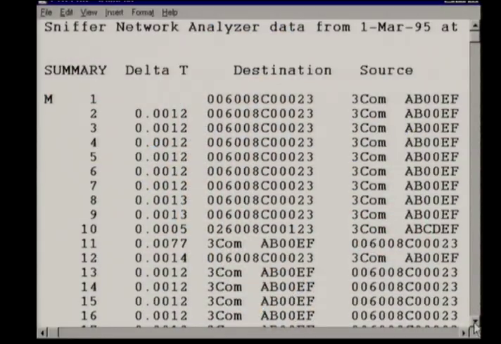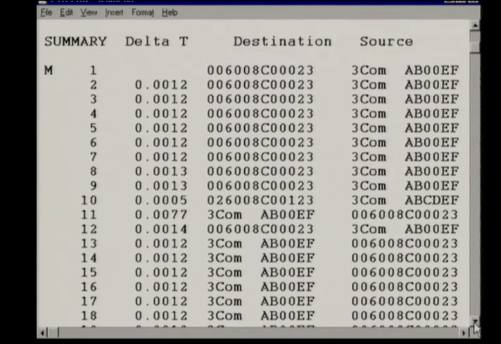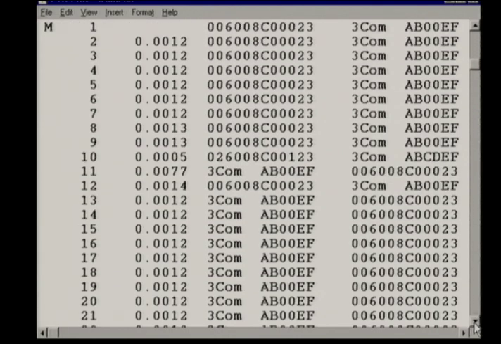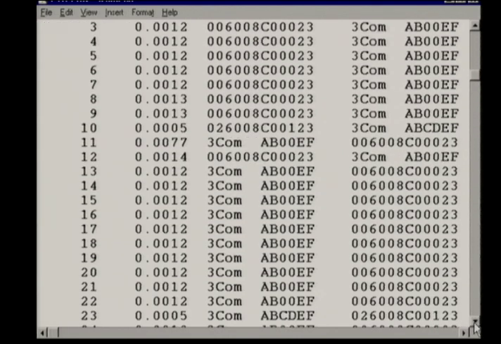Also, we can look at the results of running this demonstration on the sniffer. When you run the data loading on the network and look at it with the sniffer on an Ethernet network, you can see exactly the effect we're discussing. You can see how one system gets to send several packets in a row, and then the other system gets to send several packets in a row. The number of packets they actually get to send is somewhat random and depends on the characteristics of the protocol and the randomness of the backoff algorithm that we discussed earlier.